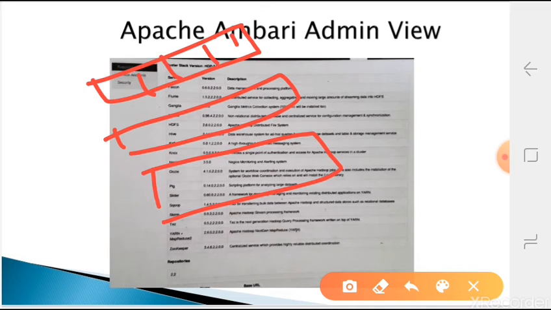So these are the different frameworks that will be there. You can install different tools here which will act as different frameworks. Whatever frameworks you install will be listed here. If you want to modify it, you can modify it. Otherwise, whenever you install something, it will be listed here with the corresponding version number and a little bit of description.